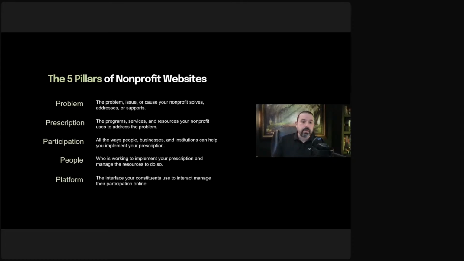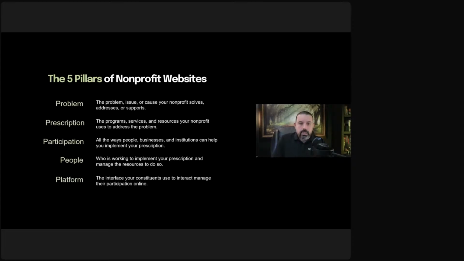You're in the community you're in, serving the people you're serving, in the vertical you're in. You started this church for a specific reason. That's the problem, right? That's the issue, that's the cause, that's the purpose. You could substitute problem with purpose, okay? And it's the reason why you exist.